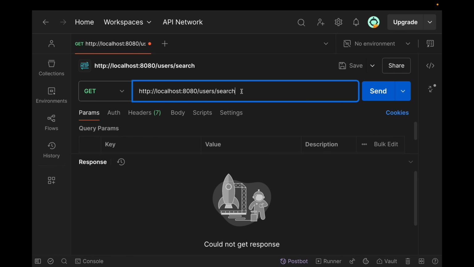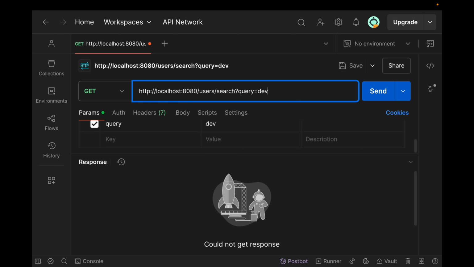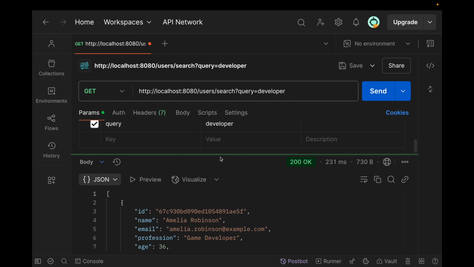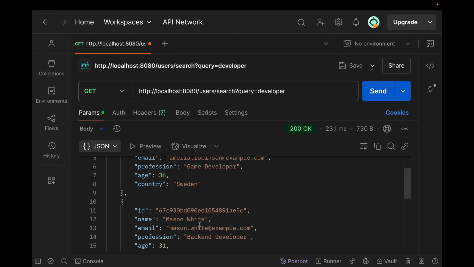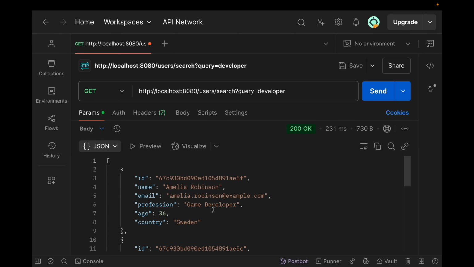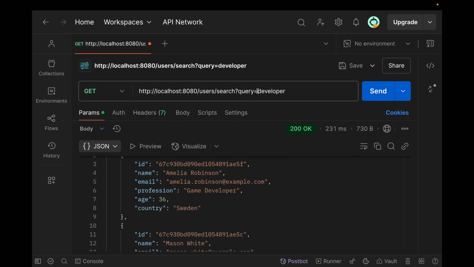To this user slash search path we can specify the query. So let's suppose we want to look for the developer keyword, so we can say developer and make the request. As you can see we get all the users who have mentioned the developer keyword, and it is found in the profession key. So we can also have something like this: I am looking for a developer.